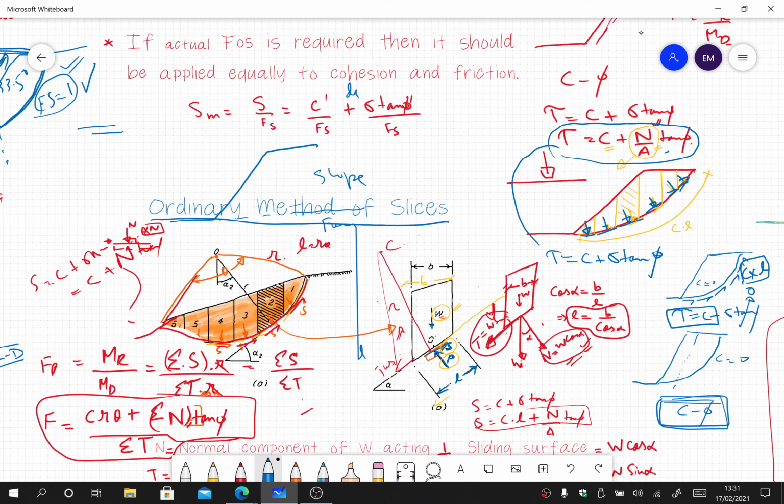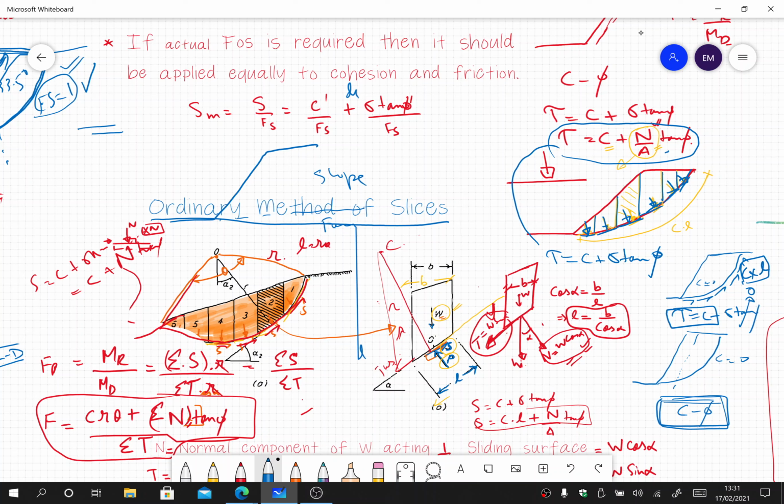So we will use the method of slices, in which the slope is divided into a number of slices, and in each slice we consider the failure plane to be uniform, and for that failure plane we will find the value of